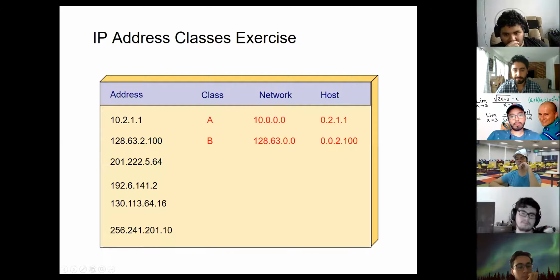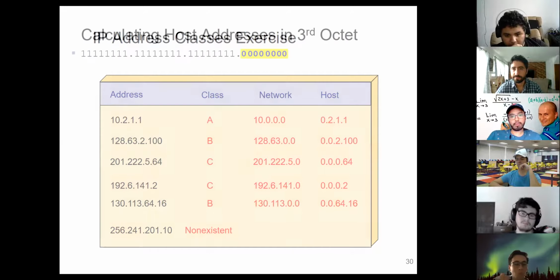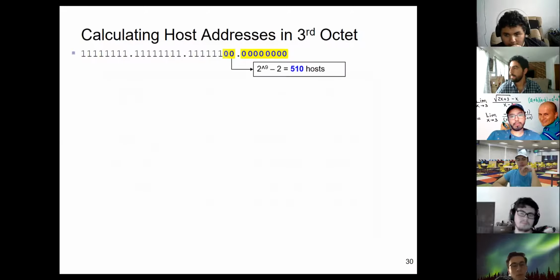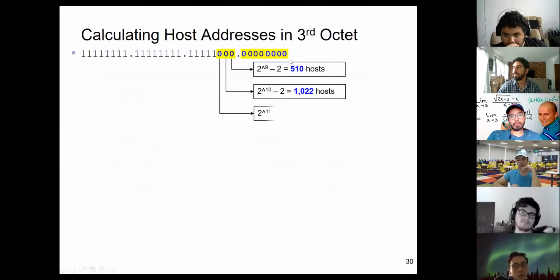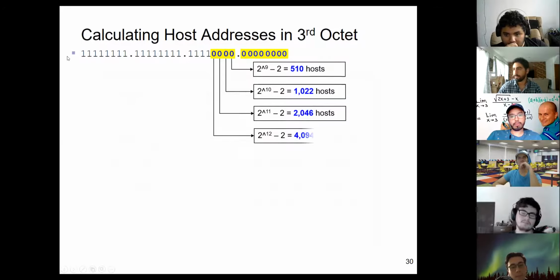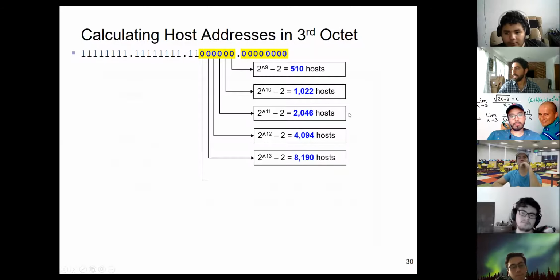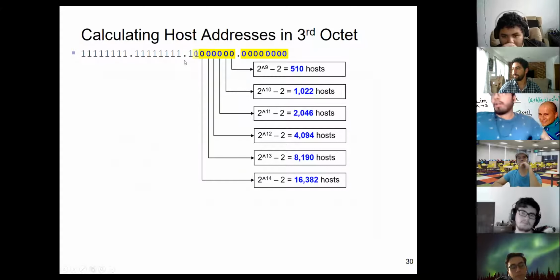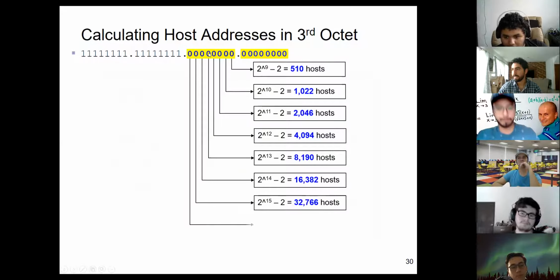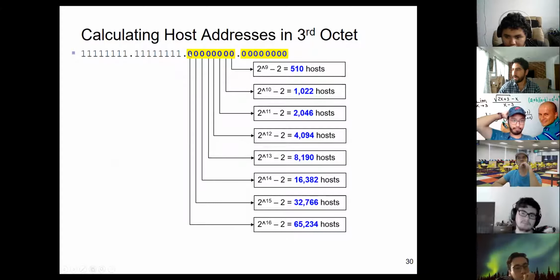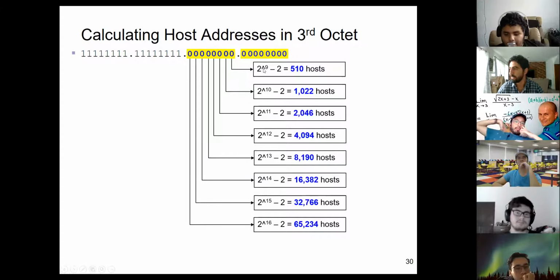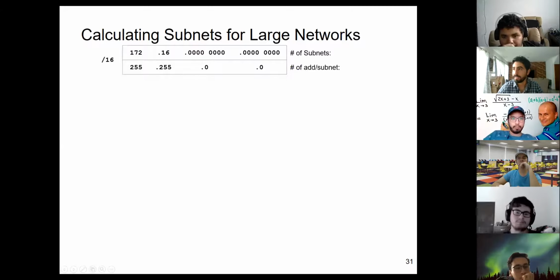So let's go. This is for the second octet from the right, or the third octet. If the question is, considering all this for hosts, how many hosts can you have? 2 to the power of 9 minus 2, 10. So these are the things that we discussed. I'll keep them in the slides so you can have more practice later.